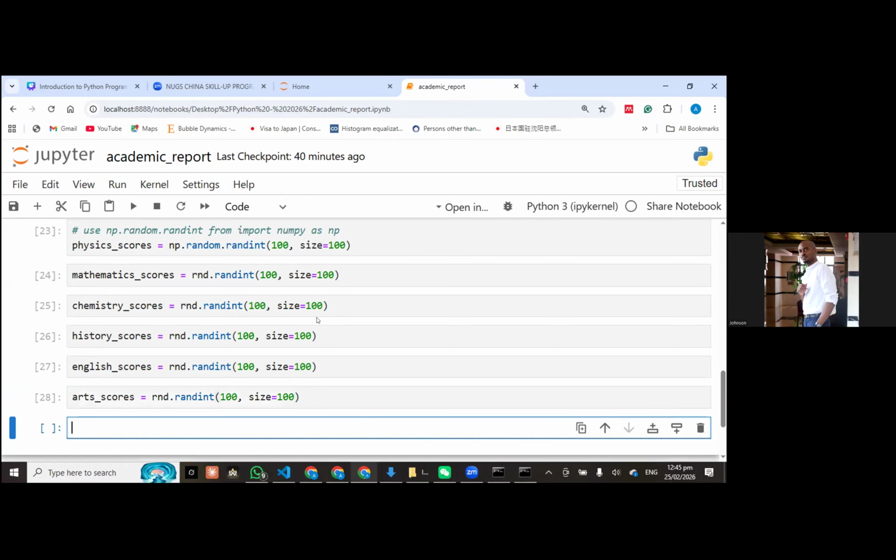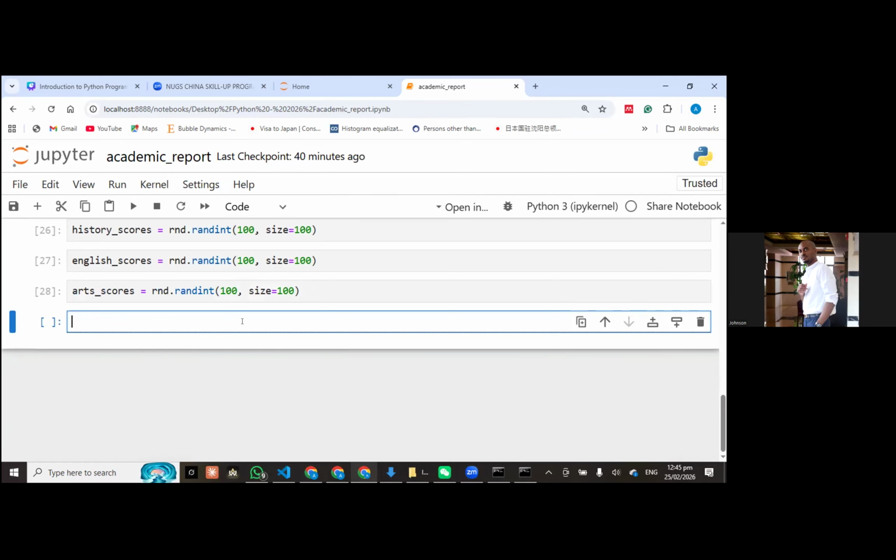Okay, so now we want to generate a data frame with it. Based on what we have studied so far, I'm putting all of them together. So we now have to create a data frame, and let's call it student scores data frame. So data frame, I'm going to use DF for it. So what we will do now